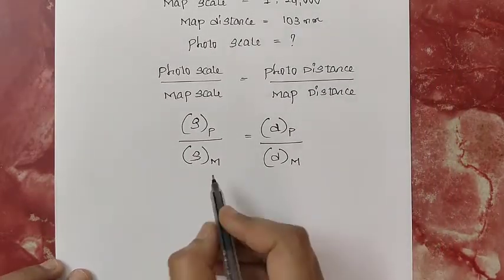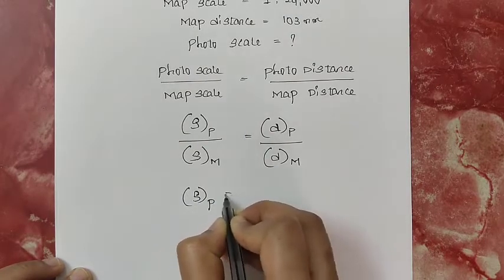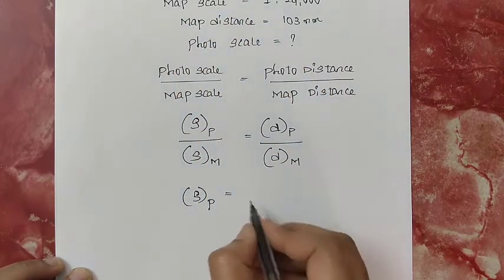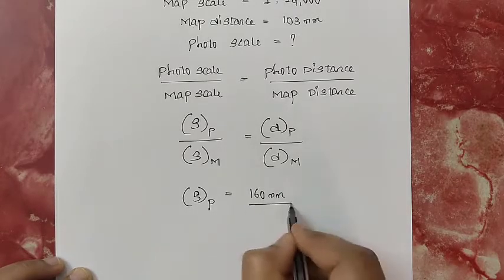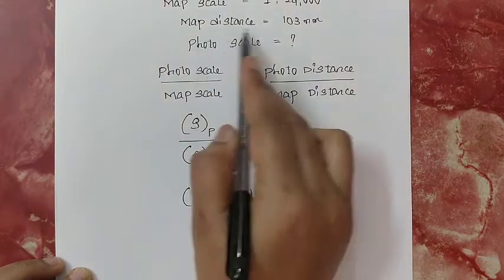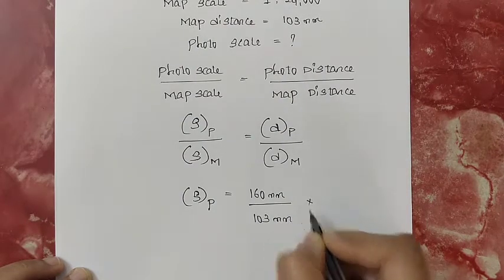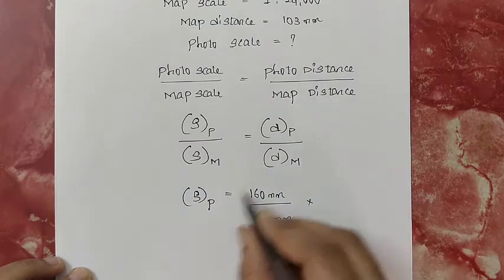SP equals photo distance they have given, that is 160 mm, divided by map distance they have given, 103 mm, multiplied by